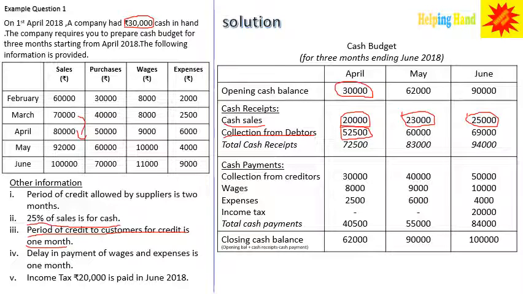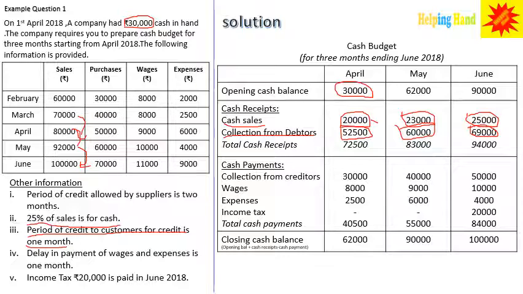So 80,000, 20 is already been paid here. So we consider only the remaining amount 60 for the month of May. So April's done. So next we have May, will be considered in the month of June. So 75% of 92,000, which is 69,000, or you can simply subtract 1 lakh minus 23,000. You will get this amount.